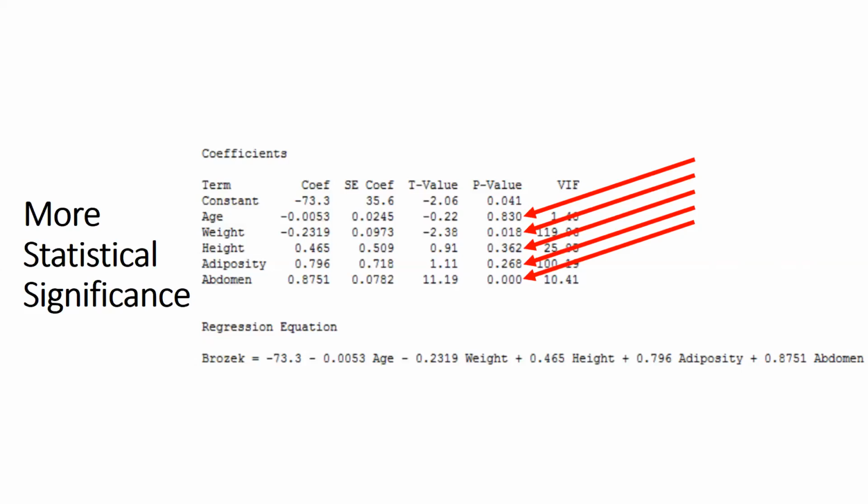So here what I see is that abdomen, for example, is statistically significant. It has a p-value that's less than 0.001. But for example, age is not that significant. So at least for adult males, it's not so significant in the context of this specific model to know the person's age as a predictor of body fat percentage. These tests are all conditional on the other variables in the model, and things might change, as we'll see in a few minutes, if you start to change the model structure itself.